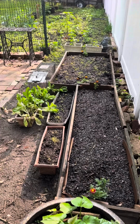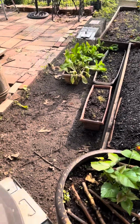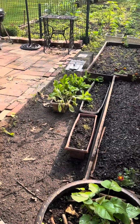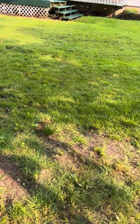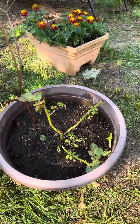So my raised bed is coming along. You can see on the vine there's my pepper plants. They're coming along as well. Of course, I have to have my cages for those visitors. We've harvested a lot of this lettuce already. I've given some to my neighbors, which is what I'm supposed to do. Well, somewhat. These are roses that I'm starting off again, and that one started off, and as you can see,